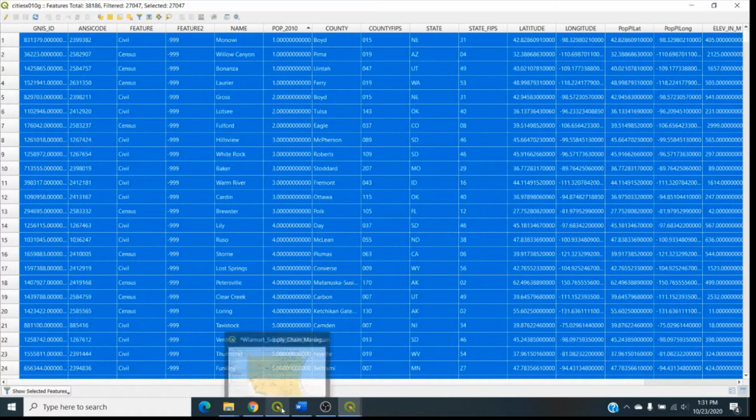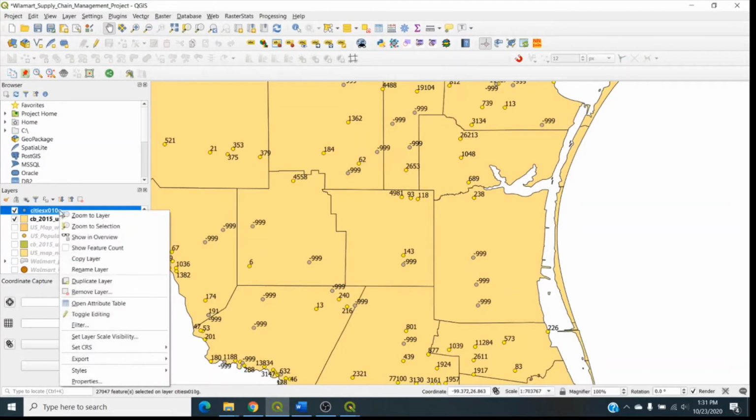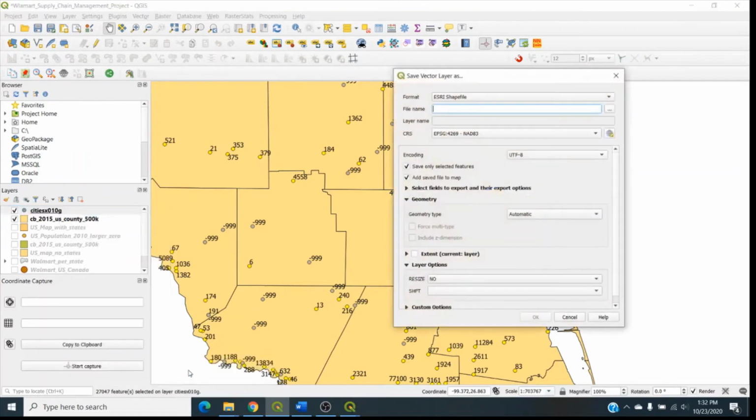So now we go back to our map here, and we need to extract those particularly selected cities. We're gonna extract those cities, the ones that have population. So we right click in the layer, we go down to export, and in export, instead of save feature as, this is the one that we have been using before, now we're gonna use save selected features as. This is going to save in a file just the ones that we selected previously, which are the ones with population. So we go here,